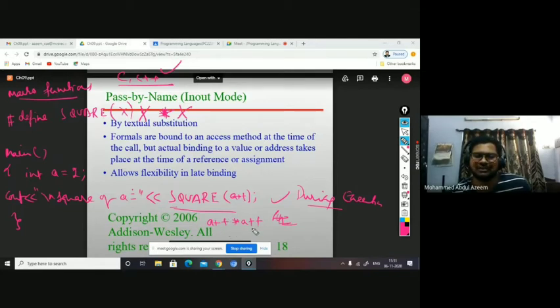Now when this is being evaluated, as per the rule, how is it going to be evaluated? Since this is a post increment, what happens first? The A value will be used. What is the A value here? 2, you are taking. So it will be 2 here. And then the A value will be incremented. So the A value which was 2 before, now after this execution, since this is a post increment, A becomes 3, right? So when you come to this particular statement,